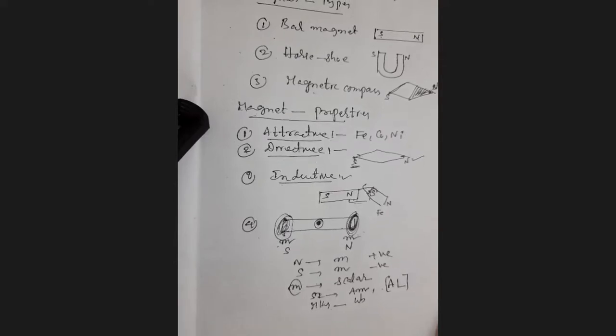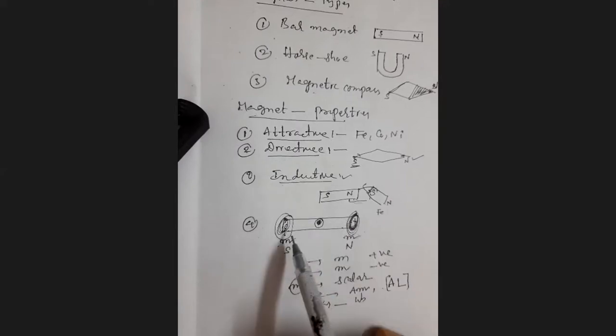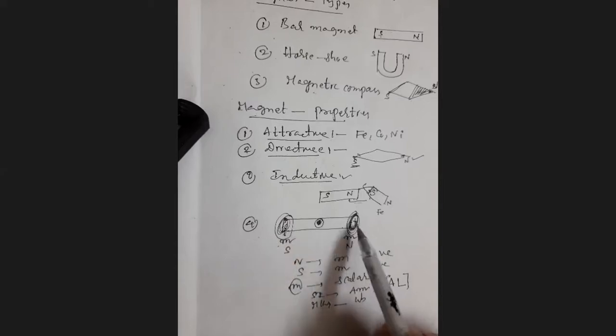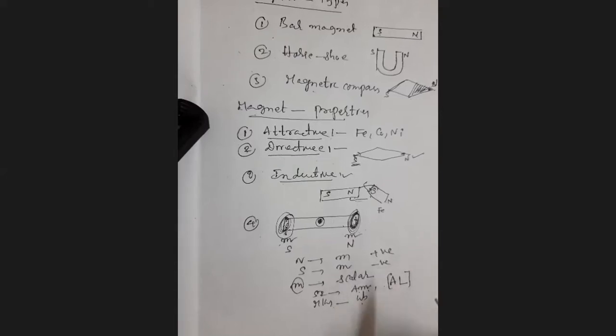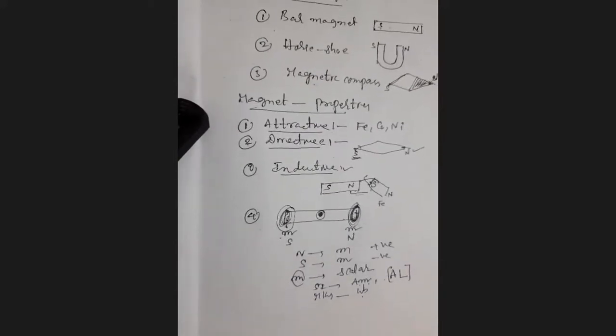Regarding pole strength, what I am saying is that the magnetism or attracting power is maximum at the places of the magnet called magnetic poles. So the strength of magnetic poles is called magnetic pole strength, or the attracting power of the magnetic poles is called magnetic pole strength. This is a scalar quantity. It is measured in the units ampere meter or Weber. SI unit is ampere meter. Magnetic pole strength depends on what? Magnetic pole strength depends on the nature of the material.